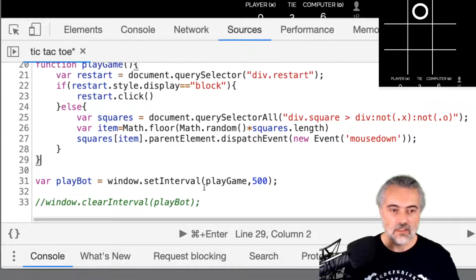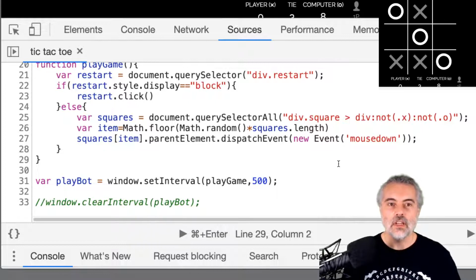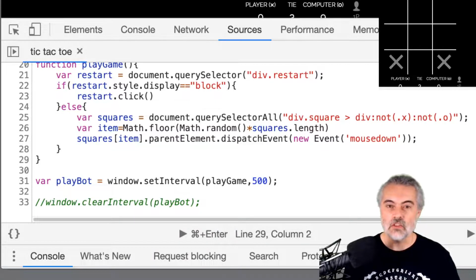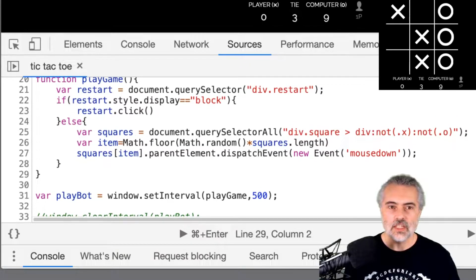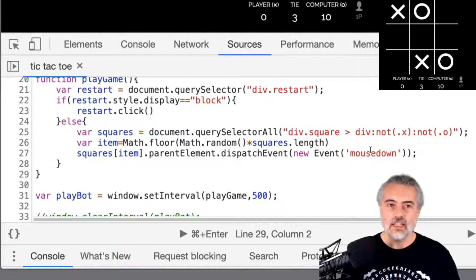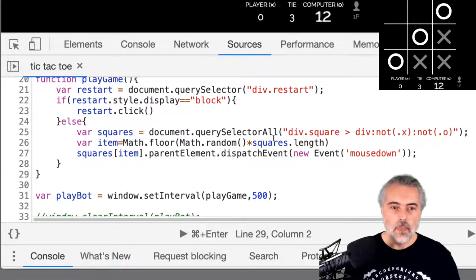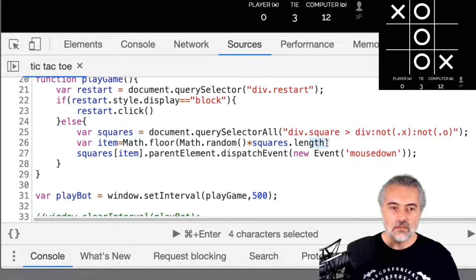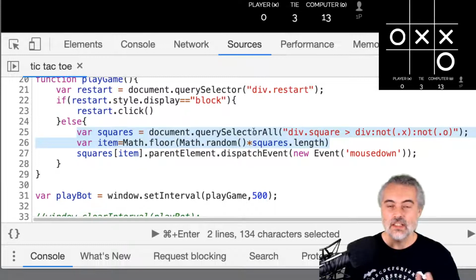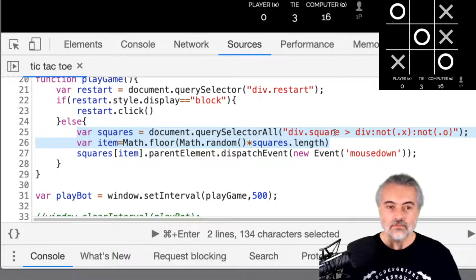I've still got the clear interval bot. Okay, so now we've written a bot that will just keep playing the game. Now it's rubbish because it's randomly selecting stuff. And I think the game has some AI to actually play it better. But you can see that rather than a random selection of the square, if we had an algorithm in here to choose a square that made sense in the current layout,